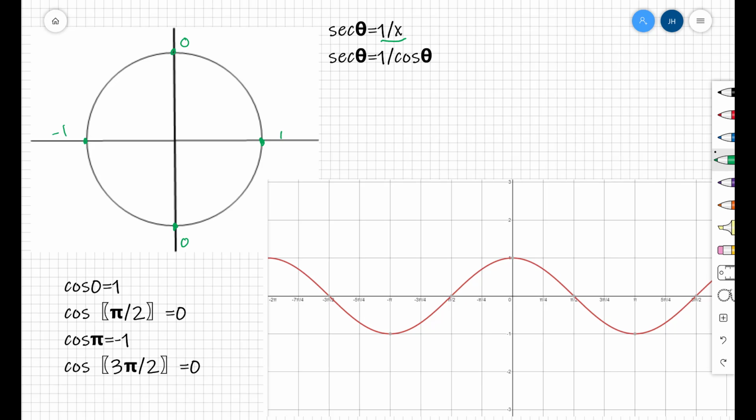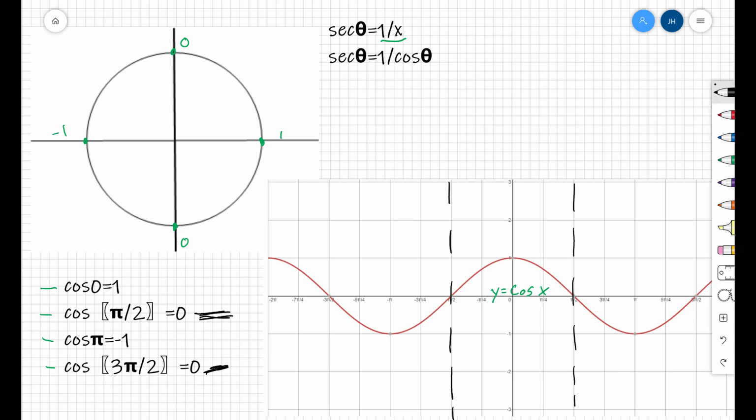Another way of looking at it is that it's the reciprocal of cosine. So we can use our cosine values also to help us in graphing this function. Looking at our cosine graph, this is our y equals cosine graph. Anywhere that cosine is 0, secant is going to be undefined. So at pi over 2, negative pi over 2, negative 3 pi over 2, positive pi over 2, positive 3 pi over 2, any of these places where cosine is 0, secant is going to be undefined, and therefore it's going to have asymptotes at these places,